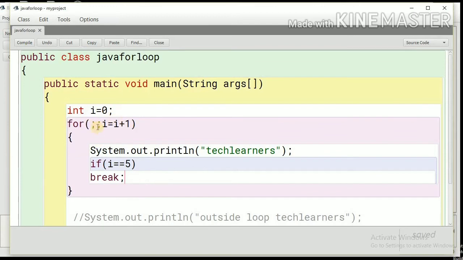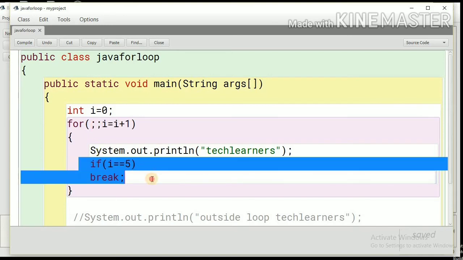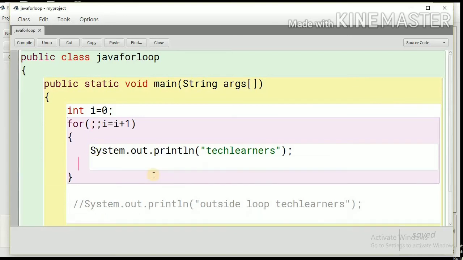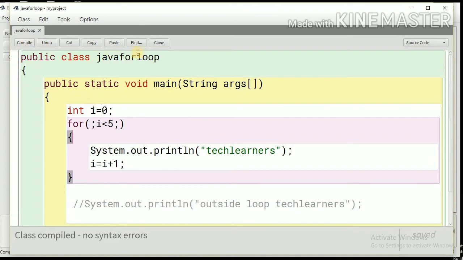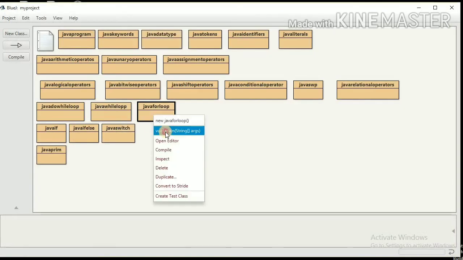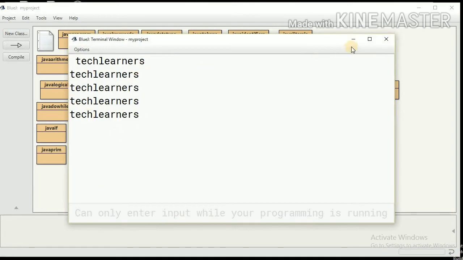So let me show you the flow. This is how you can replace this condition here by these two statements, right? I'm just going back to this place. Can we eliminate this? Yes, we can eliminate it, and you can alternatively use the update condition inside the loop. You can use I is equal to I plus 1 here also. So this will behave the same as you have done here. Let me show you just by compiling this. Let me close, let me run. Okay, right there. So we have the output.